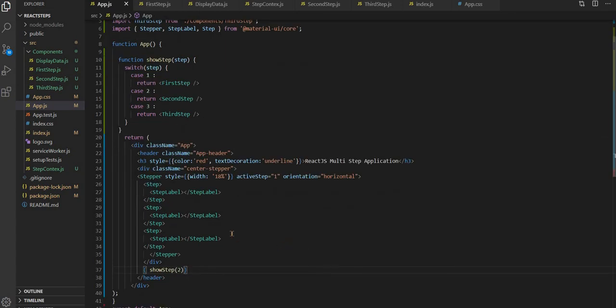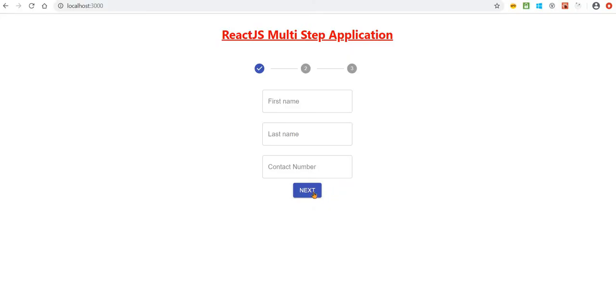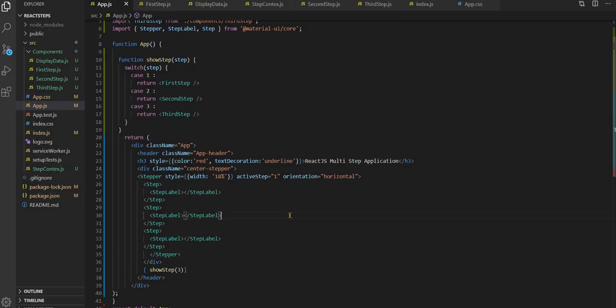Even if we pass another number as a 3, it is not reflecting because it is currently static. We also have not provided the action to our next button. If we click on it, nothing is happening. So let's create some context, and based on that we will pass the dynamic step. So we will do that in the next video.